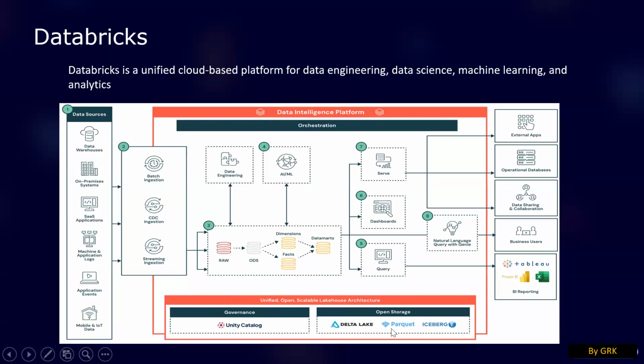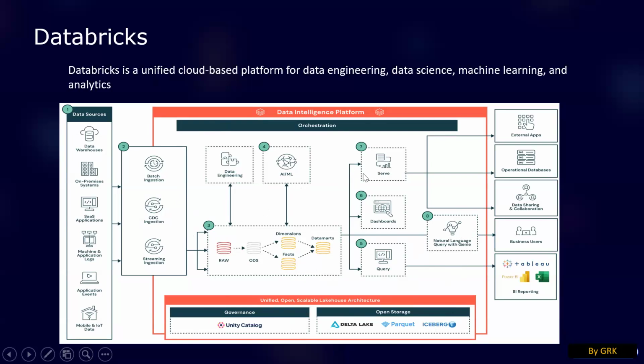We have Delta Lake format, Parquet format. There are many open source formats we would be using here for faster processing as well. We would give it to the people who can query these things, dashboards, and we can also provide the clean data to AI and ML models and everything.